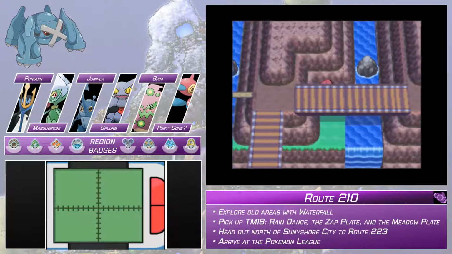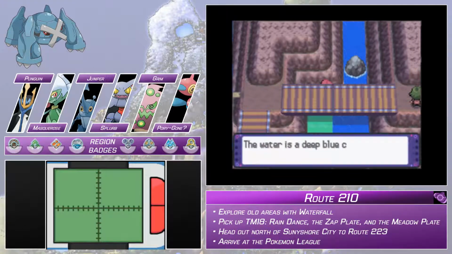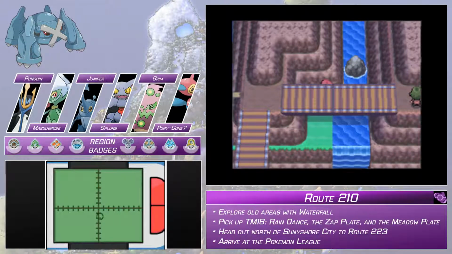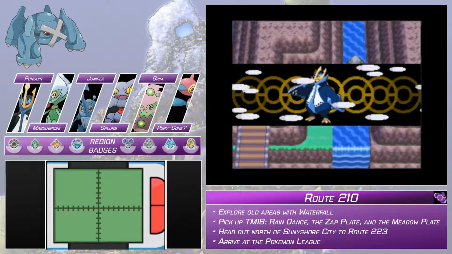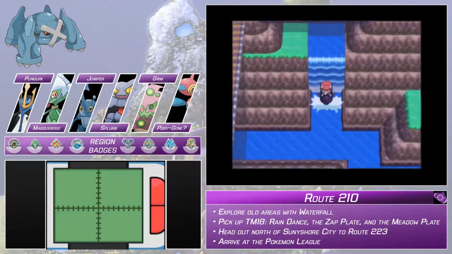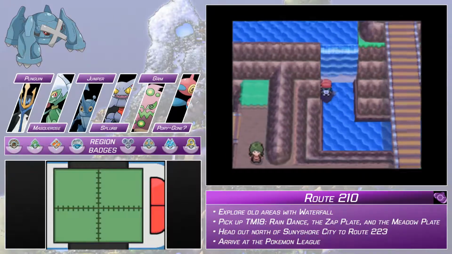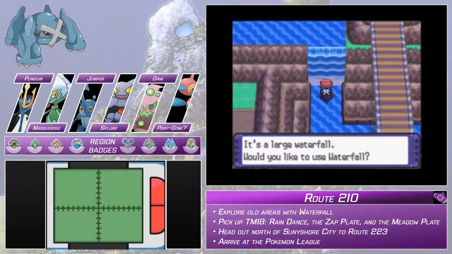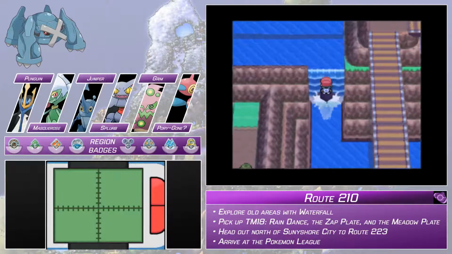Now, back here is the Meadow Plate. As per usual, plates that you find in the field have cryptic text on the back of them, but that's whatever. You do not need to use Waterfall when going down waterfalls, but you do need to use it every time that you want to go up a waterfall. So it's unlike Strength, it's not an HM that stays active. Anyway, keep going over here